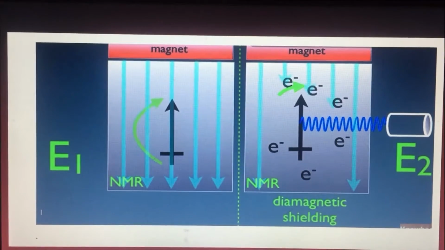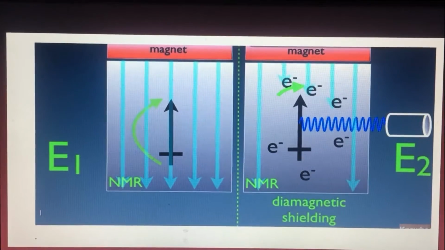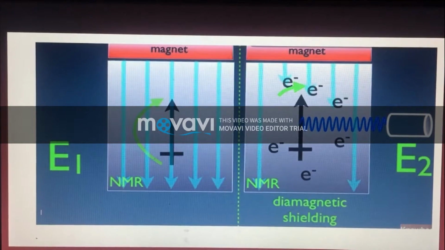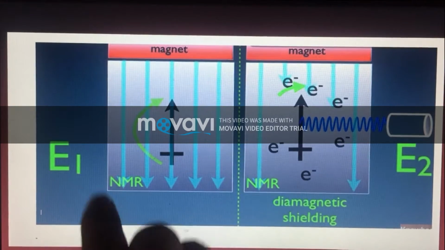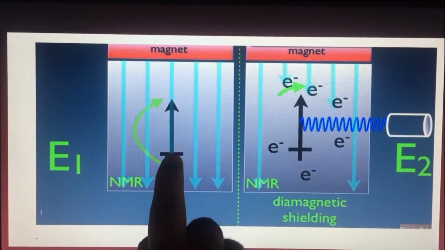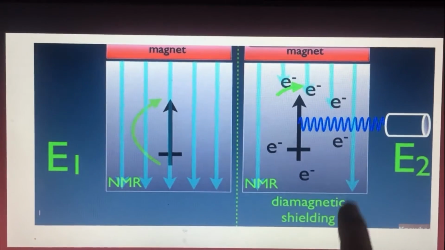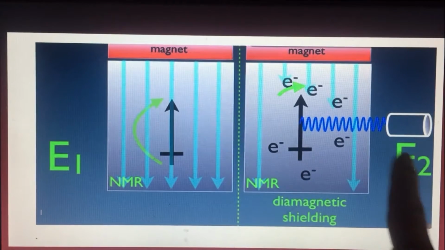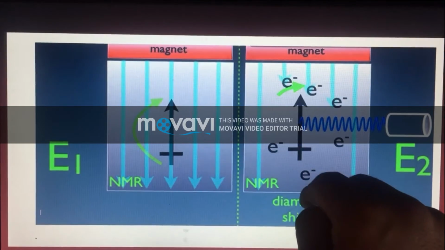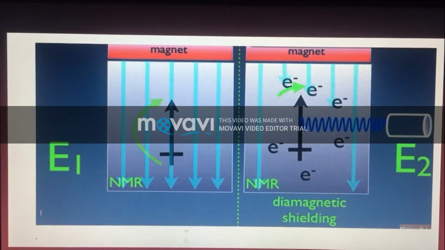See right here, we apply electromagnetic radiation, basically radio frequency energy, for both, from here and from here. Okay, for this one which is not shielded, deshielded, it requires more energy, so E1 is high energy. But right here E2 is less because this arrow is small, so the energy required to flip the shielded nuclei is less. Okay,